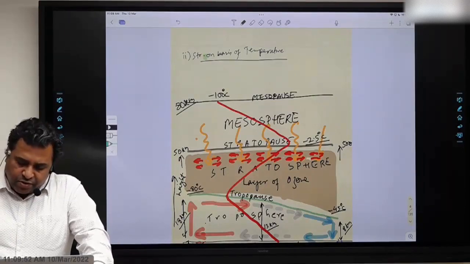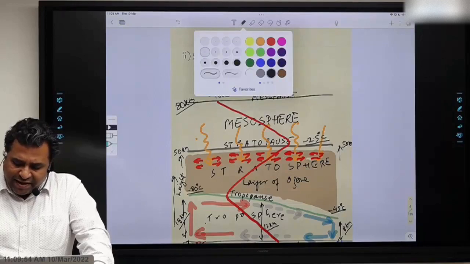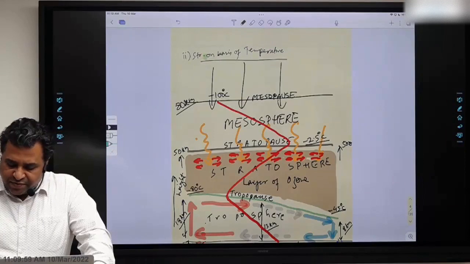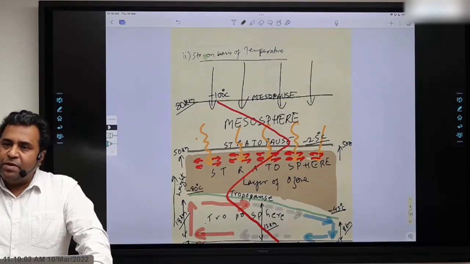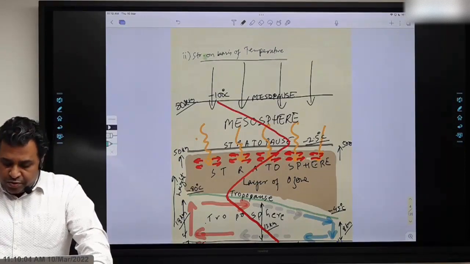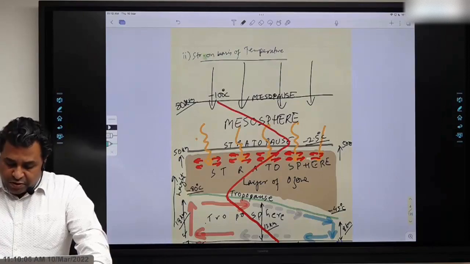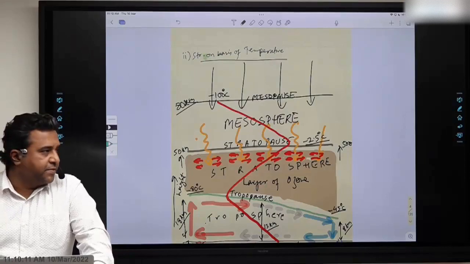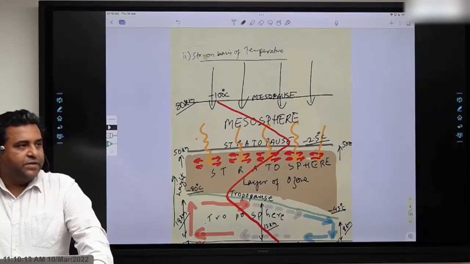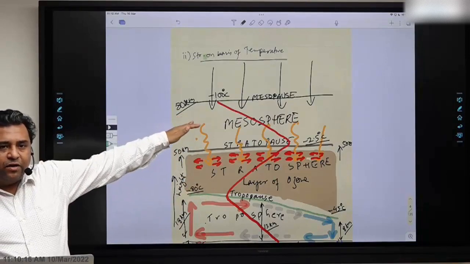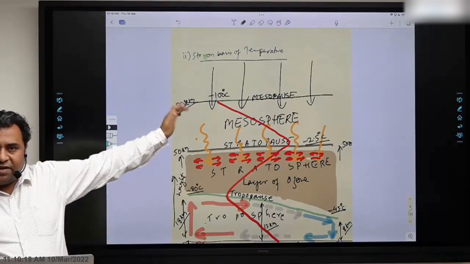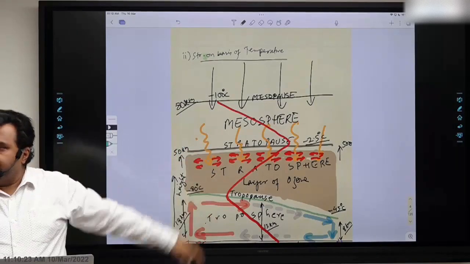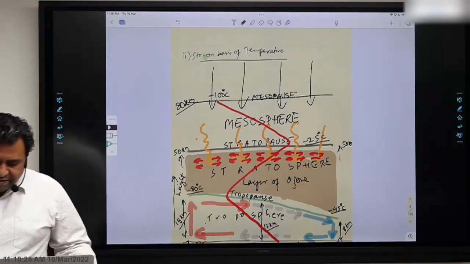Alright, and most of the dust particles and falling satellites tend to burn up to this region. Most of the particles falling tend to burn up at maximum to this region. They generally don't come into the stratosphere and the troposphere. They burn in the mesosphere, anything falling from space. Because above this is the Karman line we studied, 100 kilometers. After that, when it starts falling, it comes into this 80 to 50 kilometer region, and there it burns completely. That's where objects tend to burn.